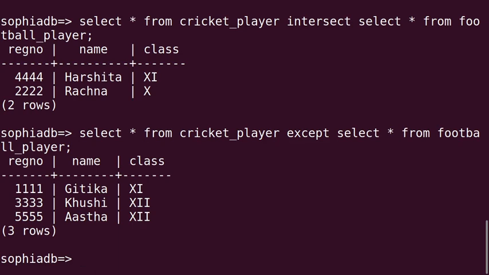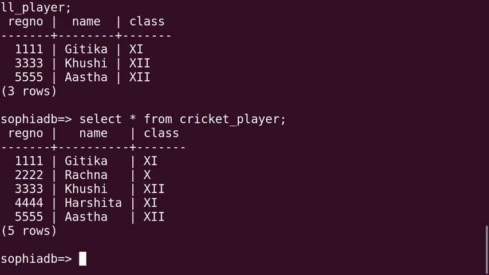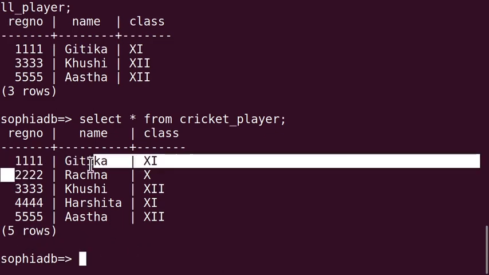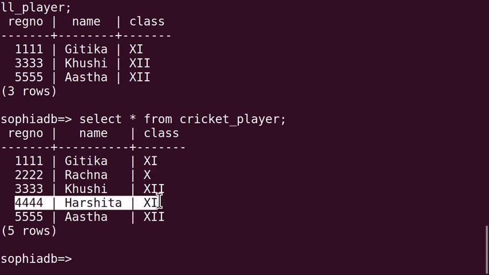You see, these three records are present only in the cricket player table. See the cricket player table once more. See, in the cricket player table 5 records are there. Rachna and Harshita, I told you these 2 records are the duplicate ones.